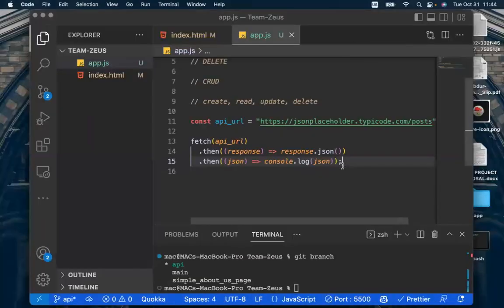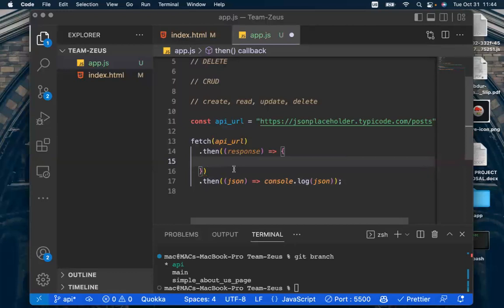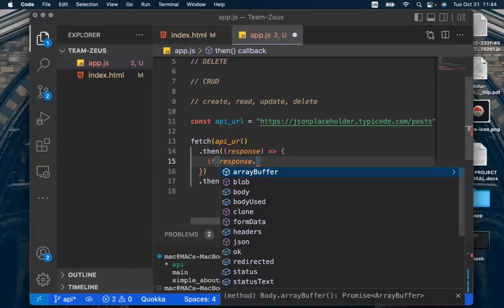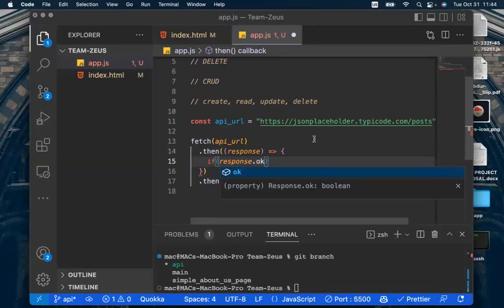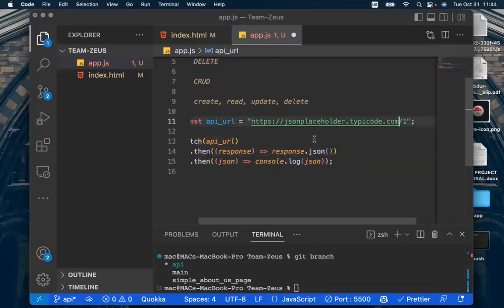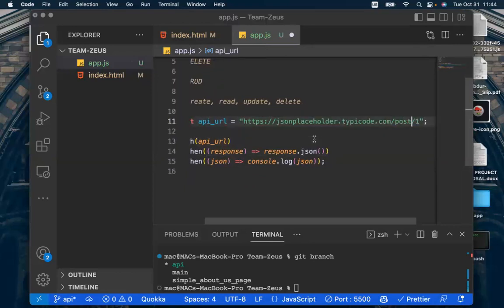Now, in some cases, what if the data is wrong? Something happened to the network, and then you need to check a lot of stuff. That's where the if statement comes in. I think we've done if already, so we should be familiar with that. So let's say, in this case, before adding the response, I would say if response.ok. Let me show us that again. Let's come back. I want to console.log